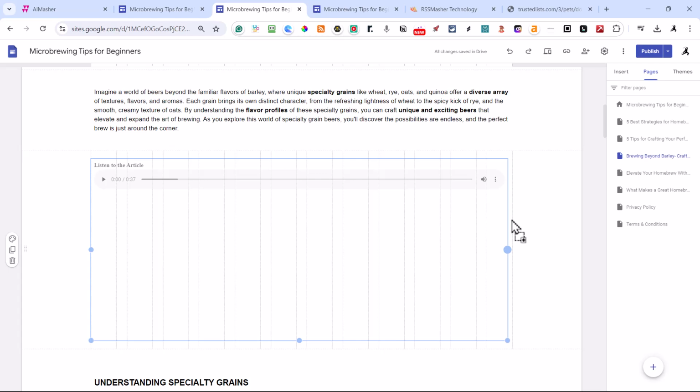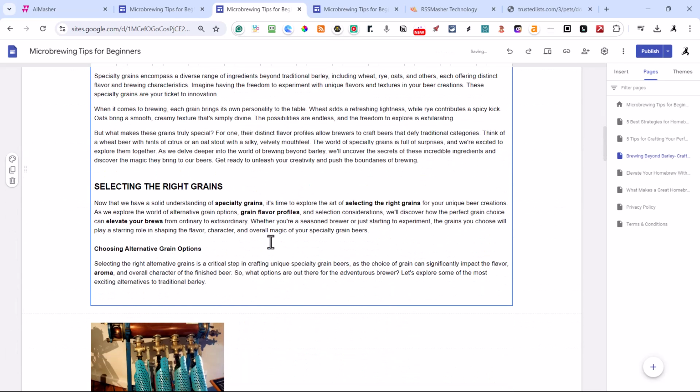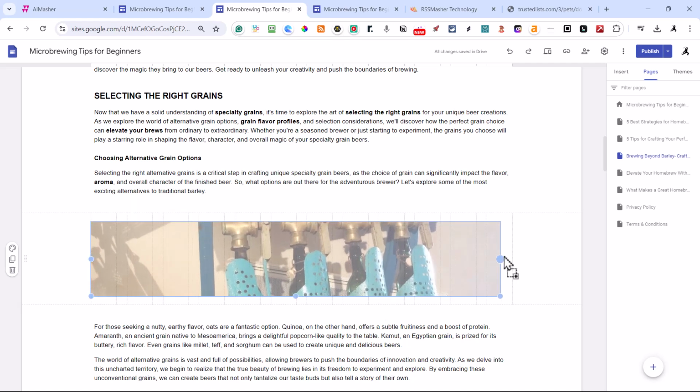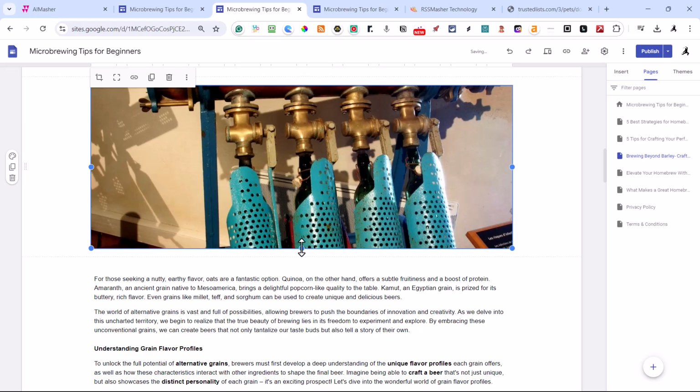Stretch this out. And this looks good. And let's see what that image looks like. Okay, that looks pretty decent.